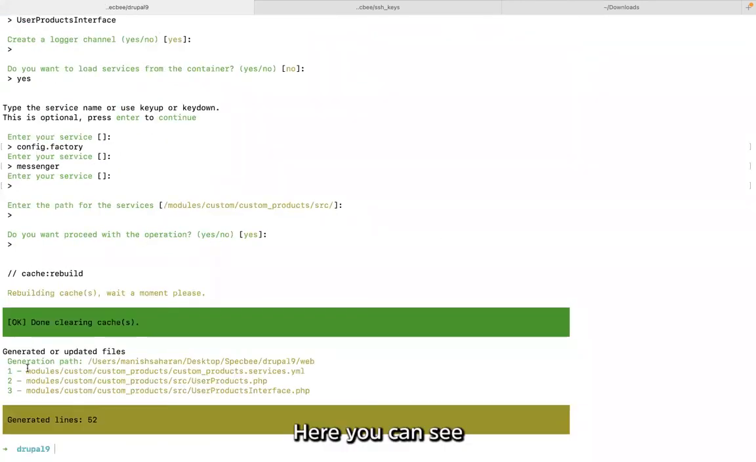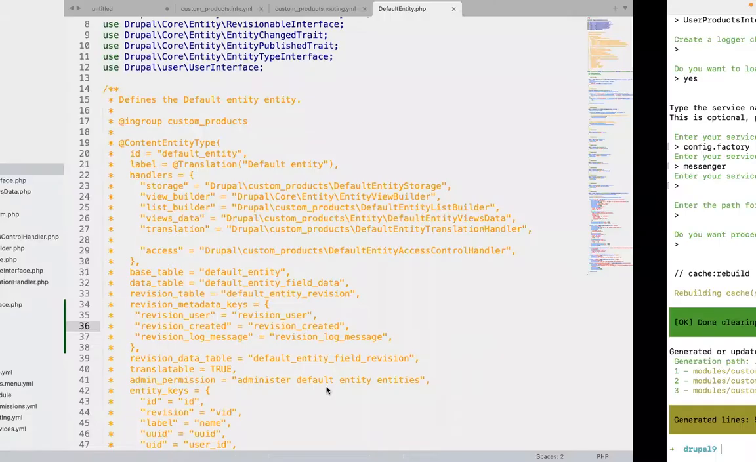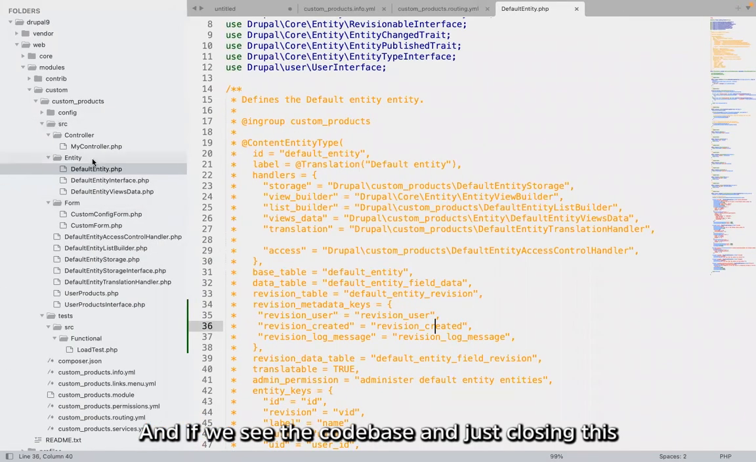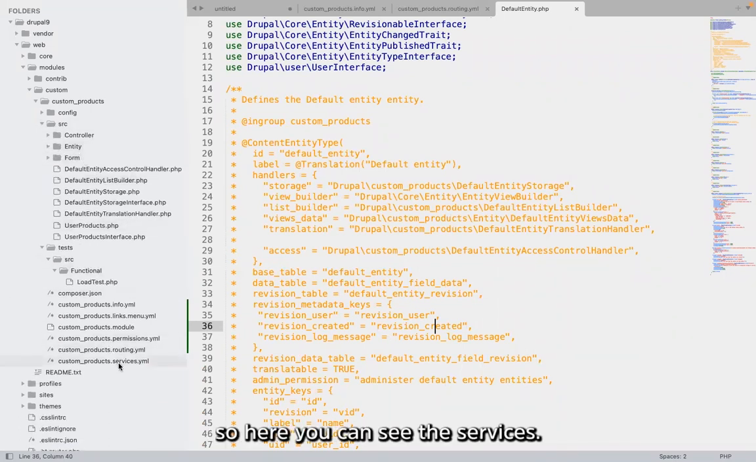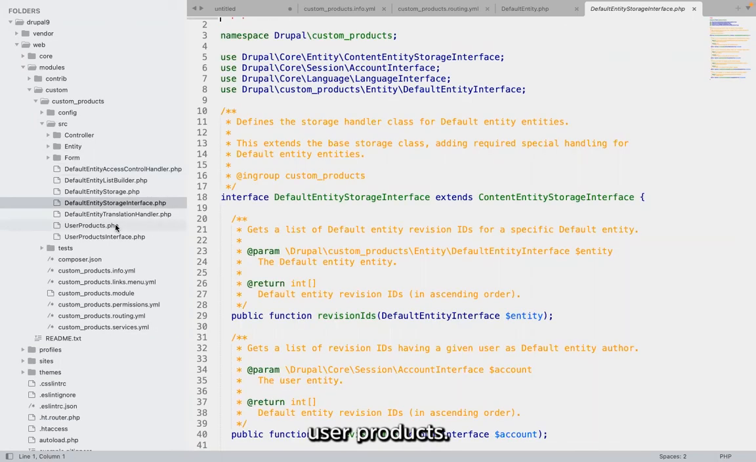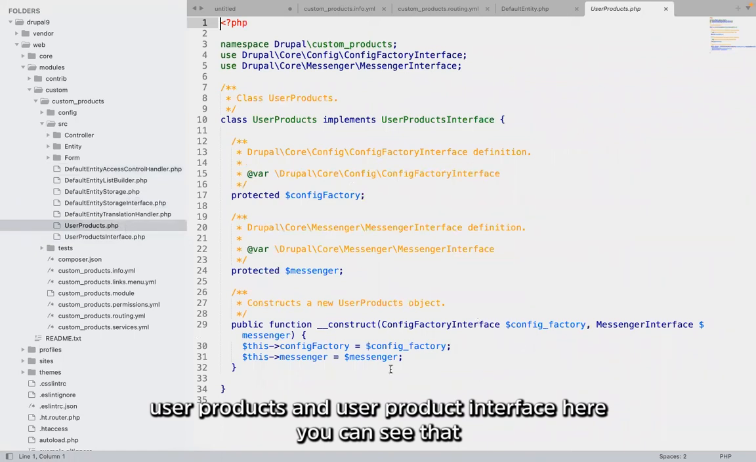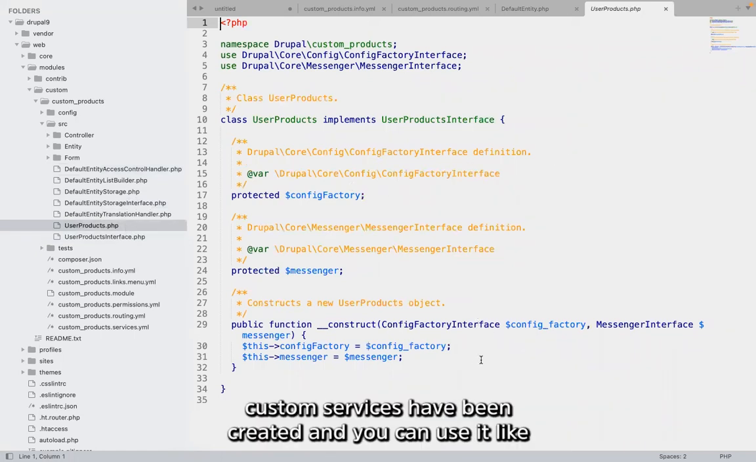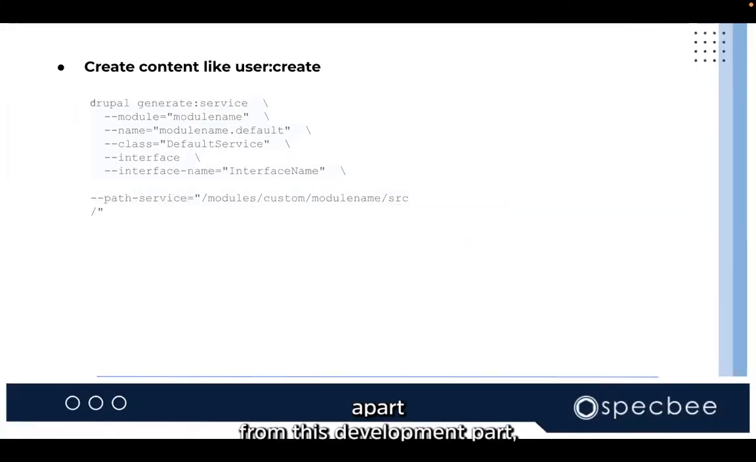See, here you can see your custom service has been created, and if we see the code base and close this, here you will see the product services. And here I have passed two arguments, that is config factory and then messenger, user products and user products interface. Here you can see that your custom service has been created, and you can use it however you want. Apart from this